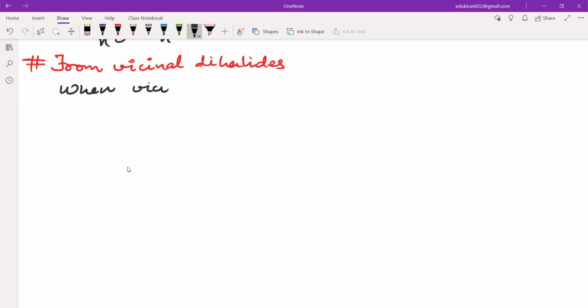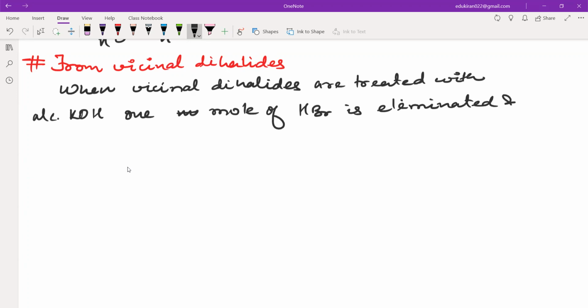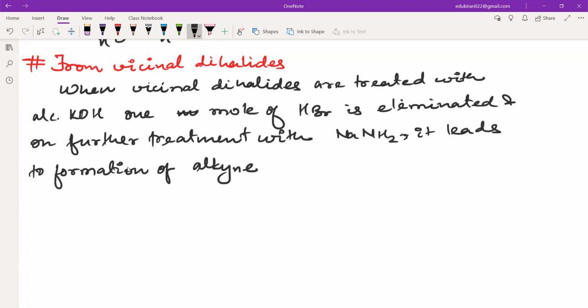When vicinal dihalides are treated with alcoholic KOH, 1 mole of HBr is eliminated, and on further treatment with NaNH2, it leads to formation of alkyne. So we'll have vicinal dihalide